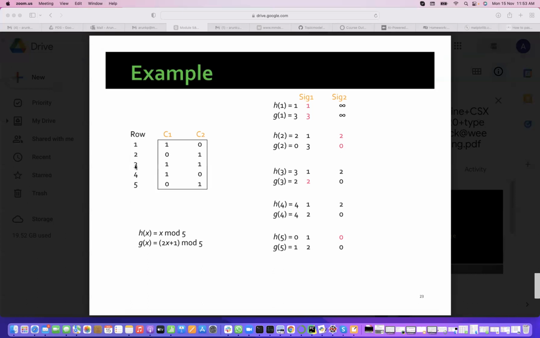Then you take 3, and 3 goes to 3. But anyway, we already have a smaller number, as the first row itself is having 1. We don't update, and here also we don't update anything. So h will not update much because we are getting the same rows. Then we will now do it with g(x). So the first row goes to which one in g(x)?